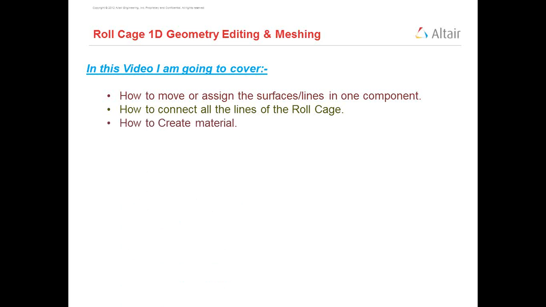Then we'll see how to create materials. In this tutorial I'm going to show you how to create two different materials, if you have pipes with two different material cross sections. Then how to define the cross sections: I'm going to show you how to create a hollow circular cross section as well as a hollow square cross section. If you have a hollow cross section, I will show how to create and define that. Otherwise, if you don't have any hollow square cross section, then you can directly go with the hollow circular cross